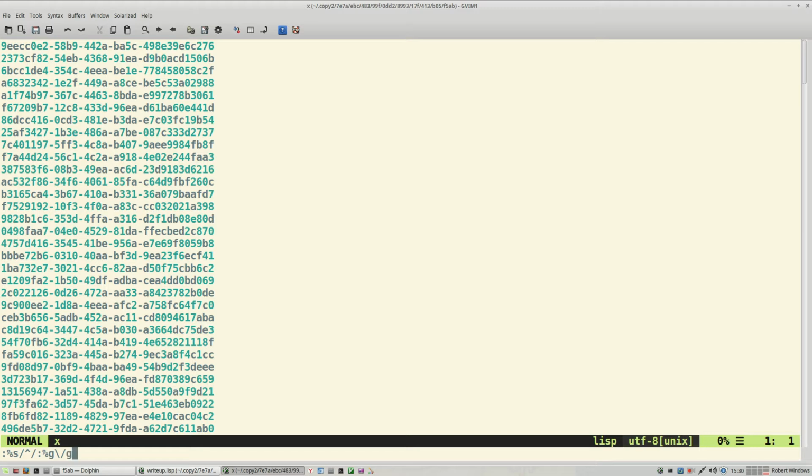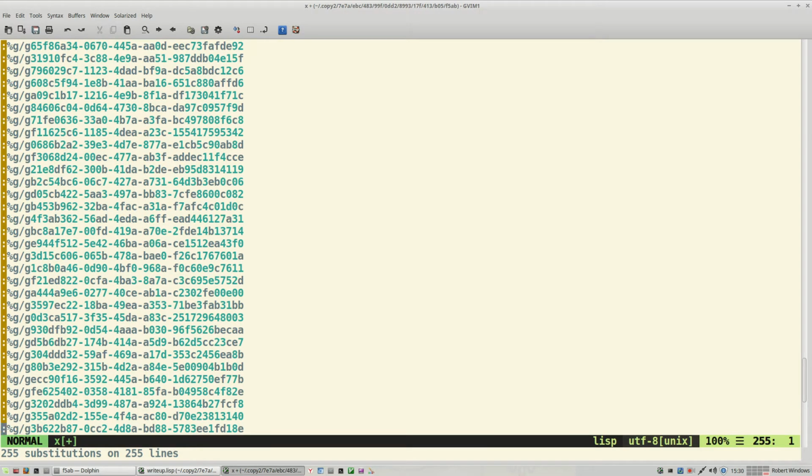Let's see. Then it'd be G. Okay, so that's our first iteration of that. And then we're gonna do some kind of operation with this. We're gonna make this a two-phase or the G two-phase command. So we're gonna do